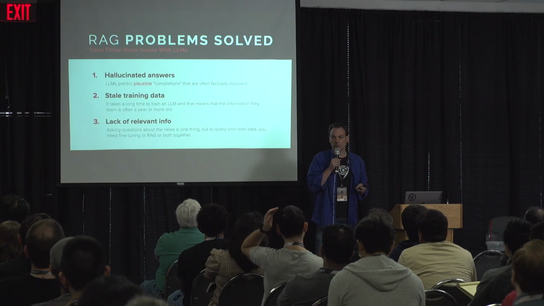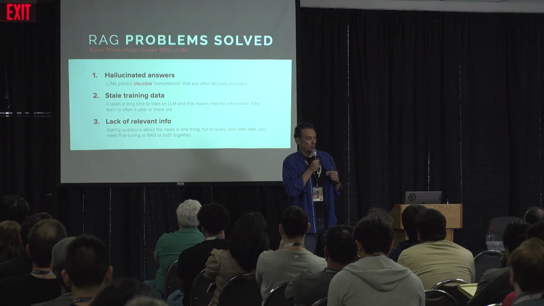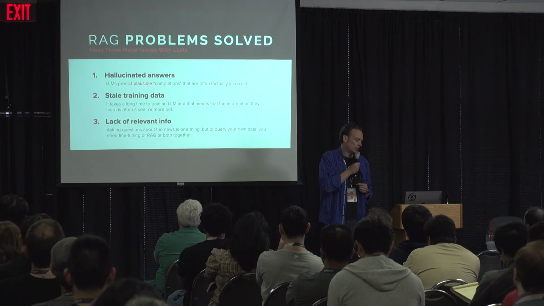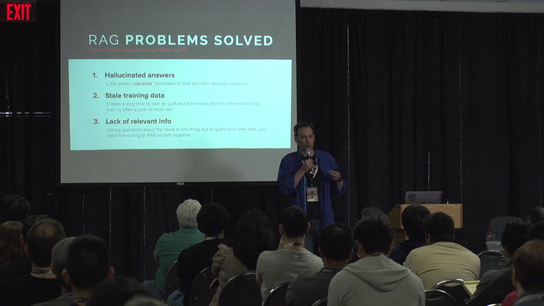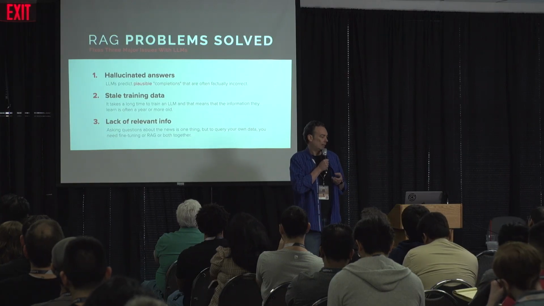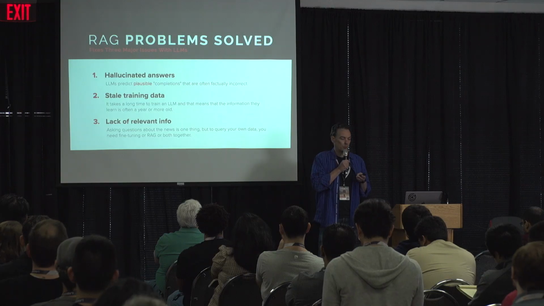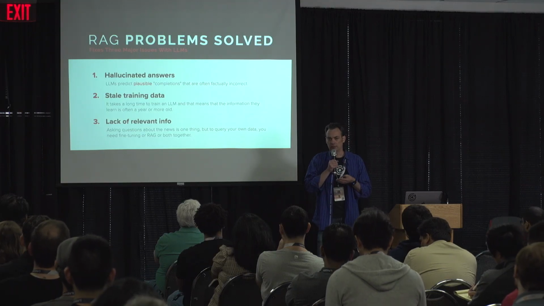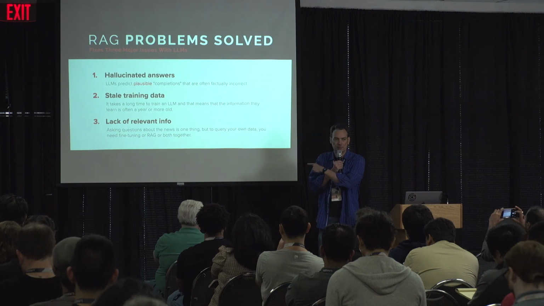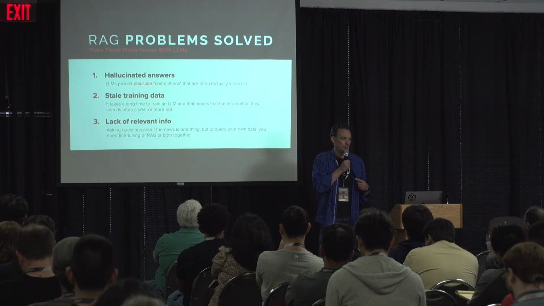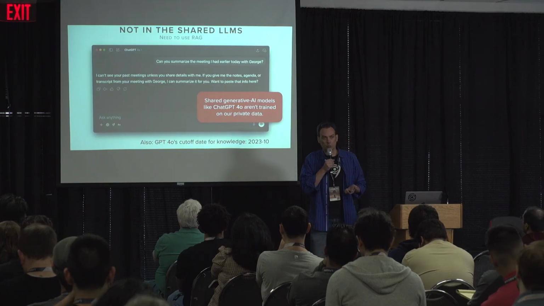But it solves 3 basic problems. 1, it greatly reduces hallucinations by grounding an LLM in a set of truth. 2, it deals with stale data. LLMs tend to be a year or more out of date with the rest of the world. And 3, lack of private information. This is the main reason why it gets used by pretty much everyone. Every one of those top 20 SaaS companies I mentioned earlier all use RAG. Okay, it's how they achieve anything with your data. Here's what it means.